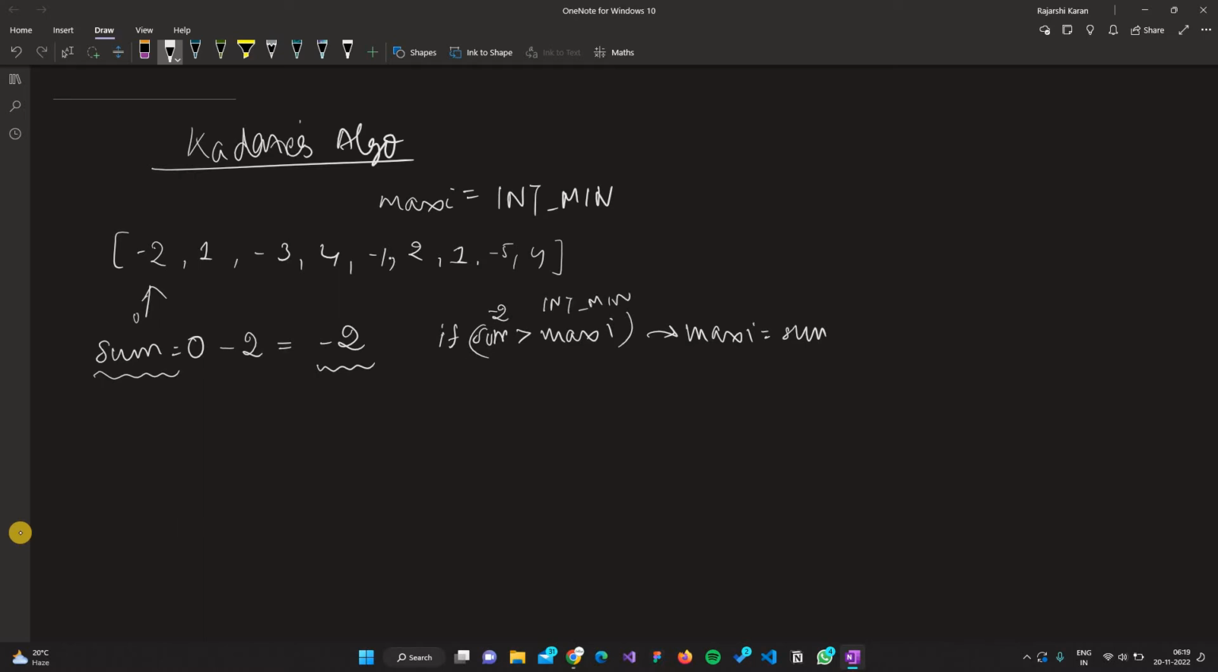So -2 is obviously going to be greater than int min. So our maxi is going to store -2 at first. Okay, now say this was when we were at index 0. Now say when we reach index 1, the sum is now going to be one more thing that